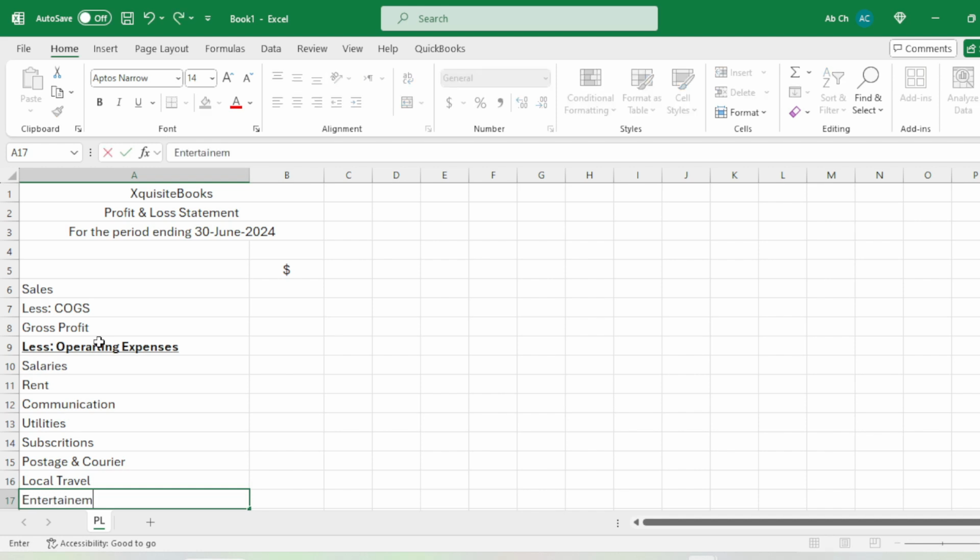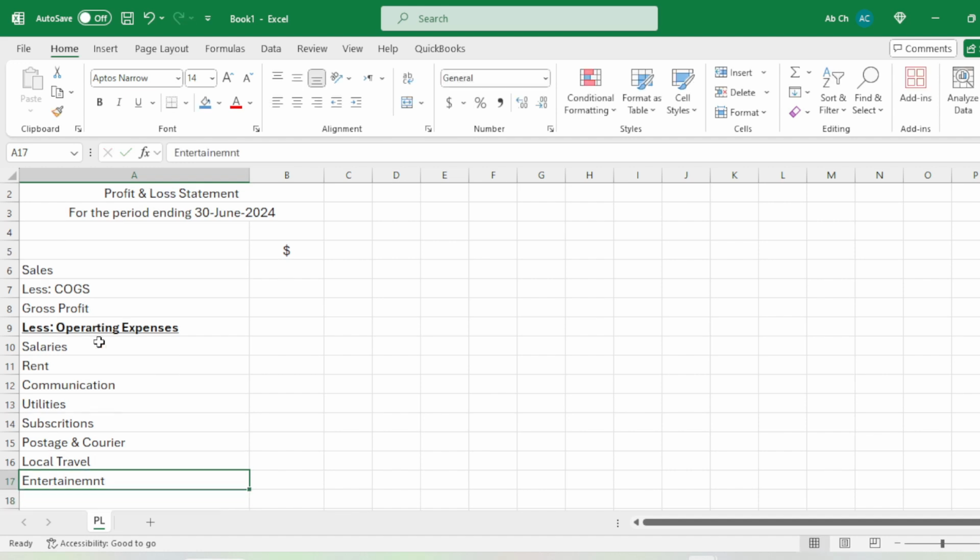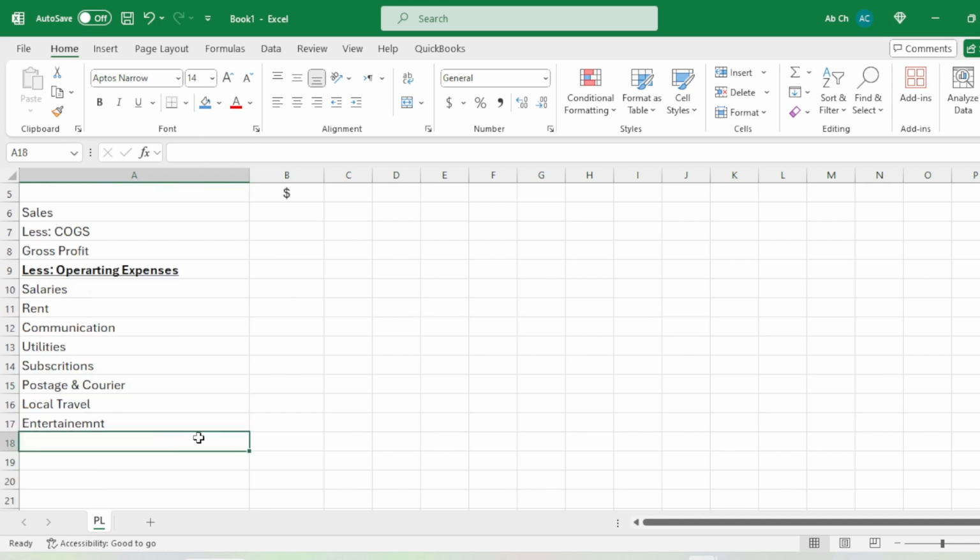Now you can add or remove the operating expenses according to your business needs. You may not want to see the subscriptions or the postage and courier, or maybe you have some other accounts for these. So this is up to you, depending upon your business need, but these are very general